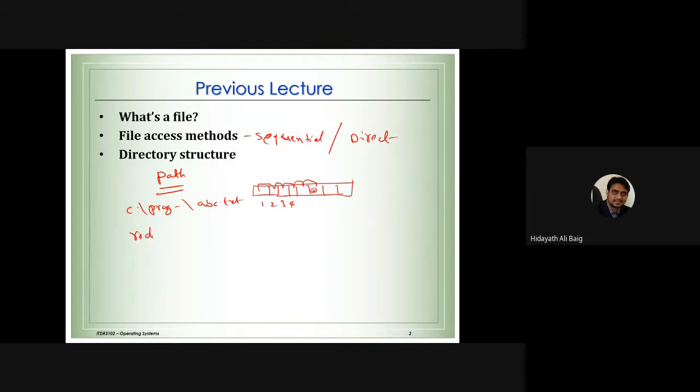Root is the main, and then we have a folder, for example user one, and then another folder, then we can reach the file. So that is the path. We need to know about the path, and we remember we discussed the structure of the directory. Maybe it is like a tree structure where we have the root folder, and in that we may have subfolders, and maybe in those we have the files. So likewise, we talked about the basic concepts of files in the previous lecture.